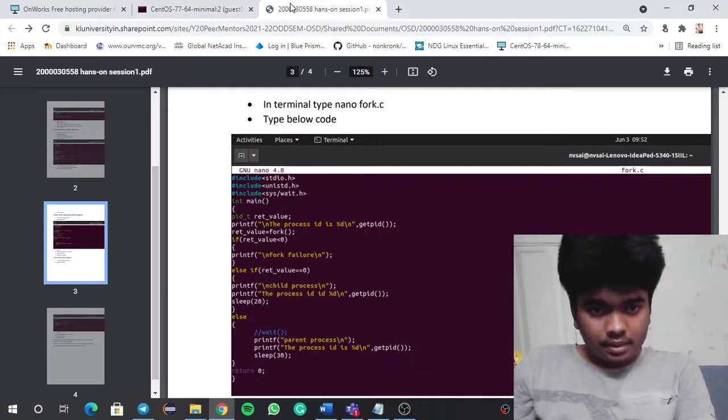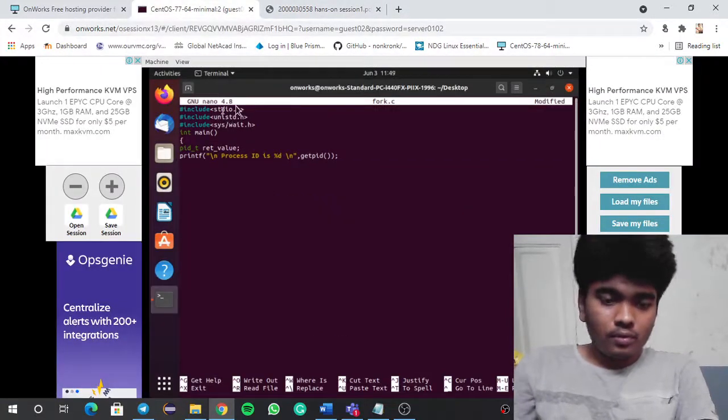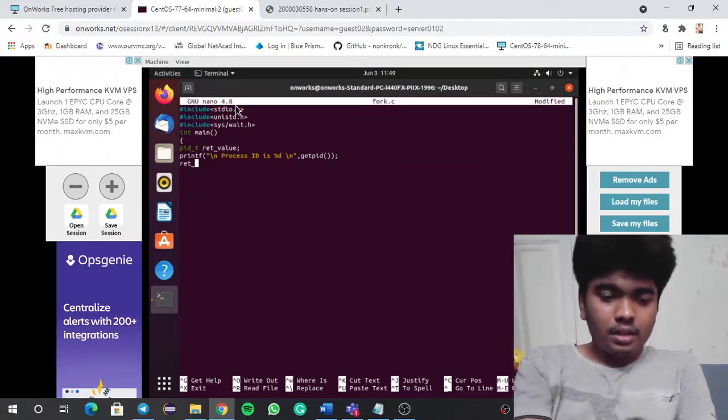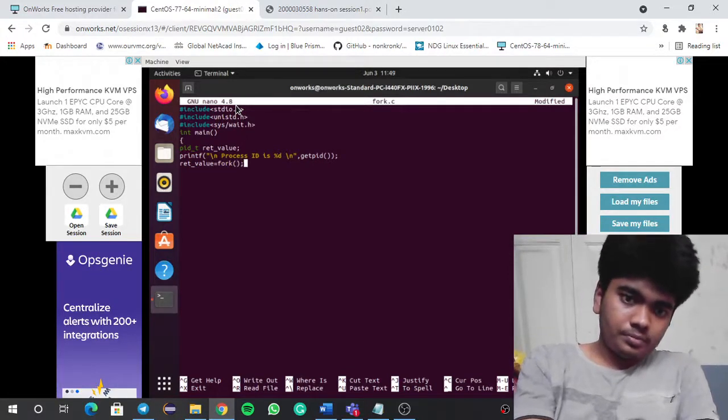After that, ret_value is equal to fork().